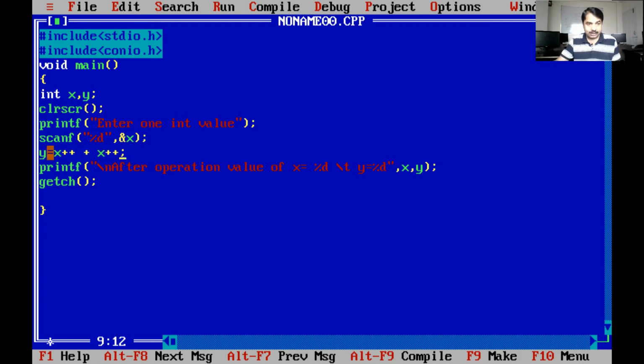It will not increment the x value at the time of the operation; it takes 5 plus 5, therefore y is assigned 10. After that it increments the x value 2 times, 5 becomes 6 and then 7, because we used the increment operator 2 times. Therefore x equal to 7 and y equal to 10.